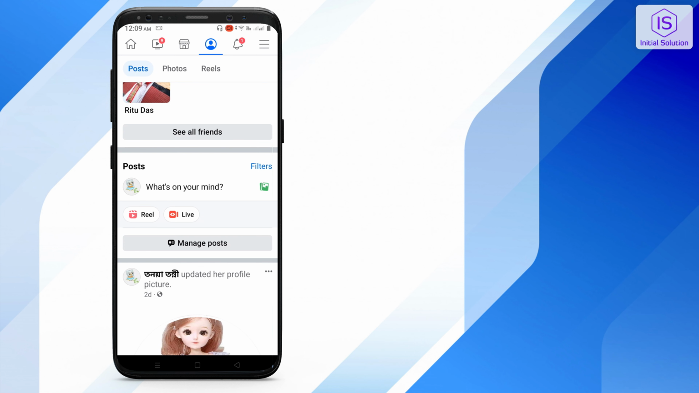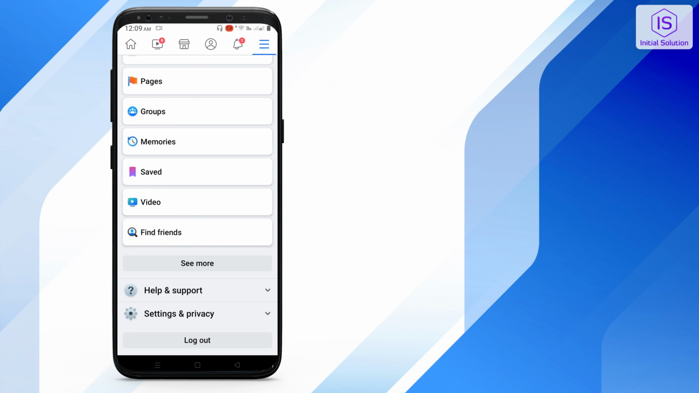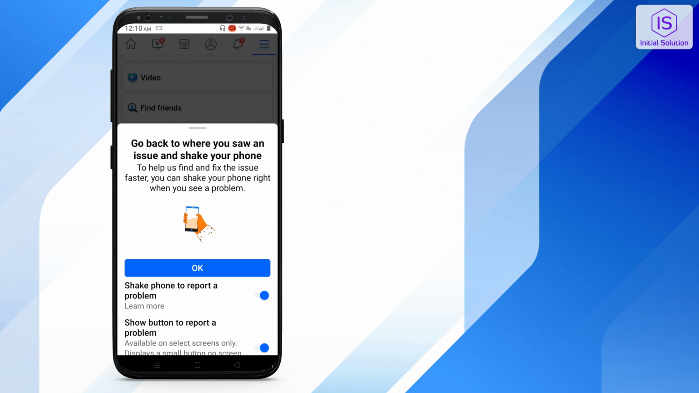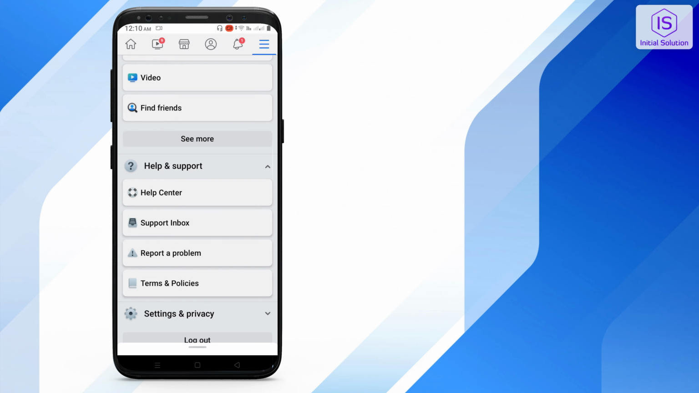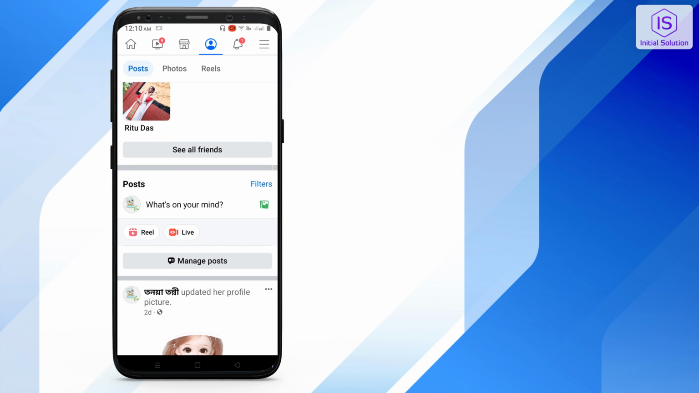So all you need to do is go to this three line option, scroll down, go to help and support, click on report a problem and it says to shake your phone to screenshot your problem. So you have to just shake your phone 2 or 3 times